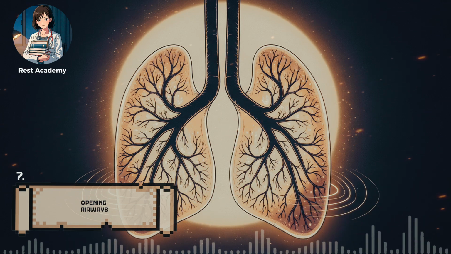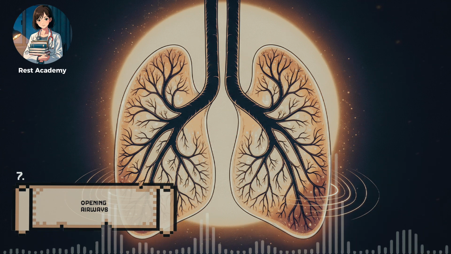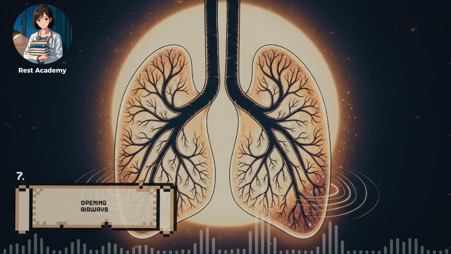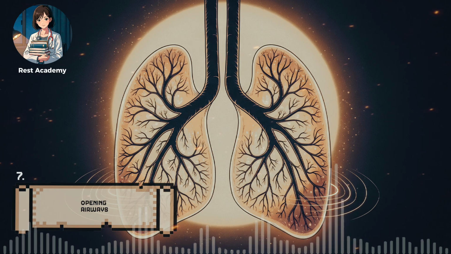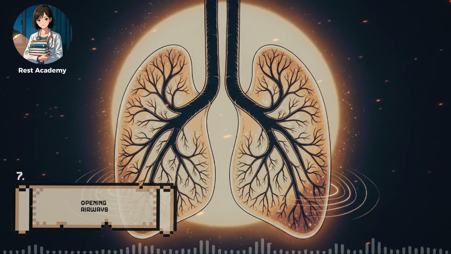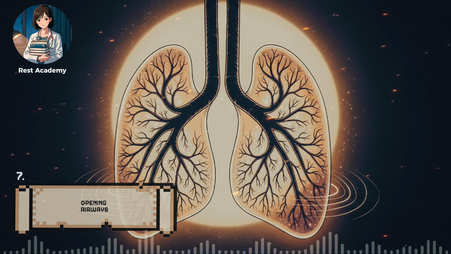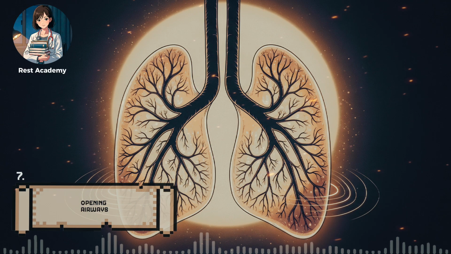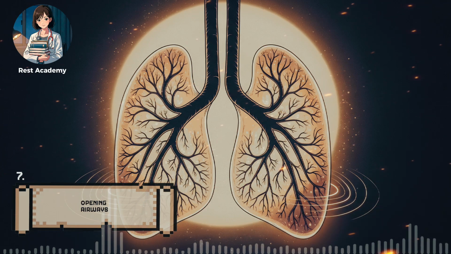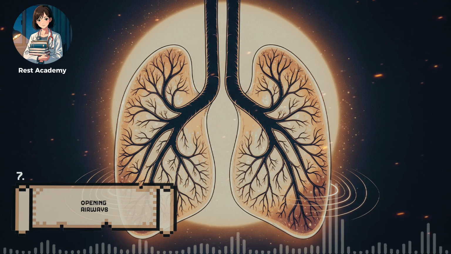The sympathetic branch prepares you for exertion. Preganglionic fibers arise from the thoracic and lumbar spinal cord, synapse in ganglia close to the cord, and release neurotransmitters that set peripheral neurons in motion. The main messenger at target organs is norepinephrine, which binds to alpha and beta adrenergic receptors. Activation raises heart rate, dilates bronchioles, diverts blood toward muscle, and constricts certain vessels to preserve pressure. It is the fight or flight state, orchestrated by widespread adrenergic signaling.